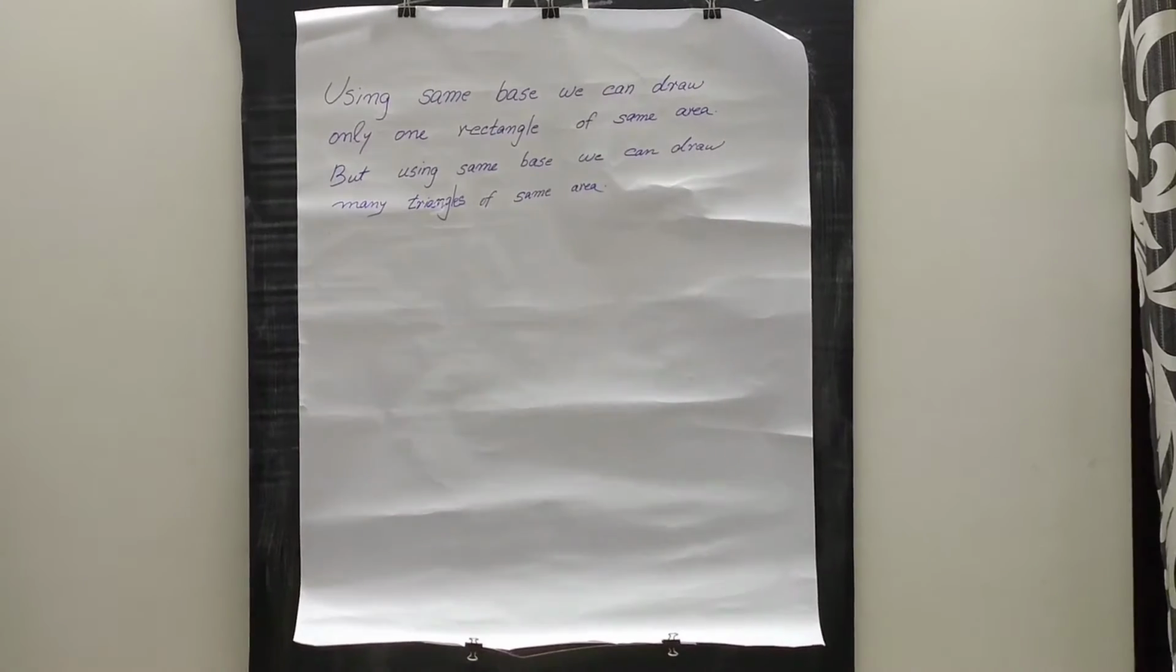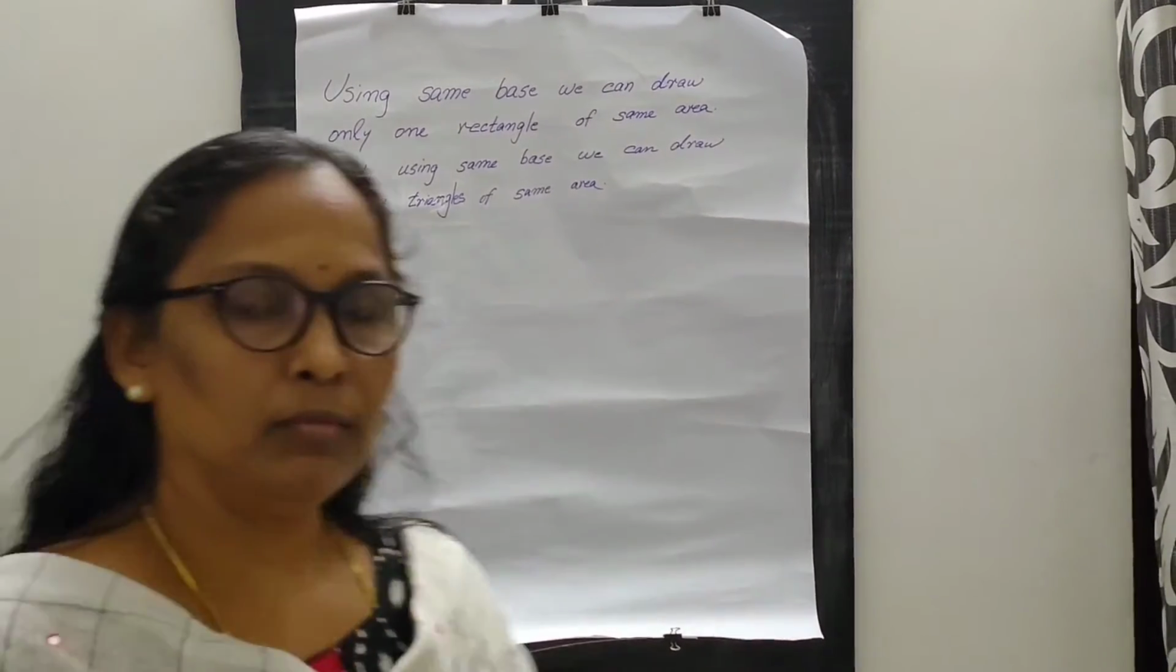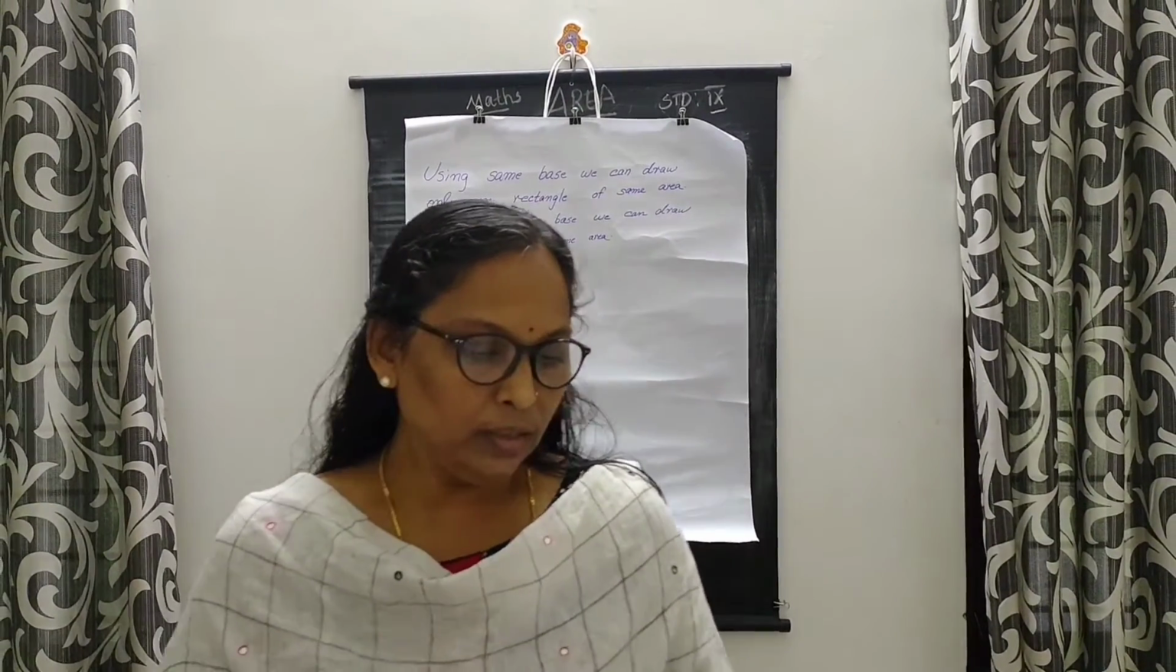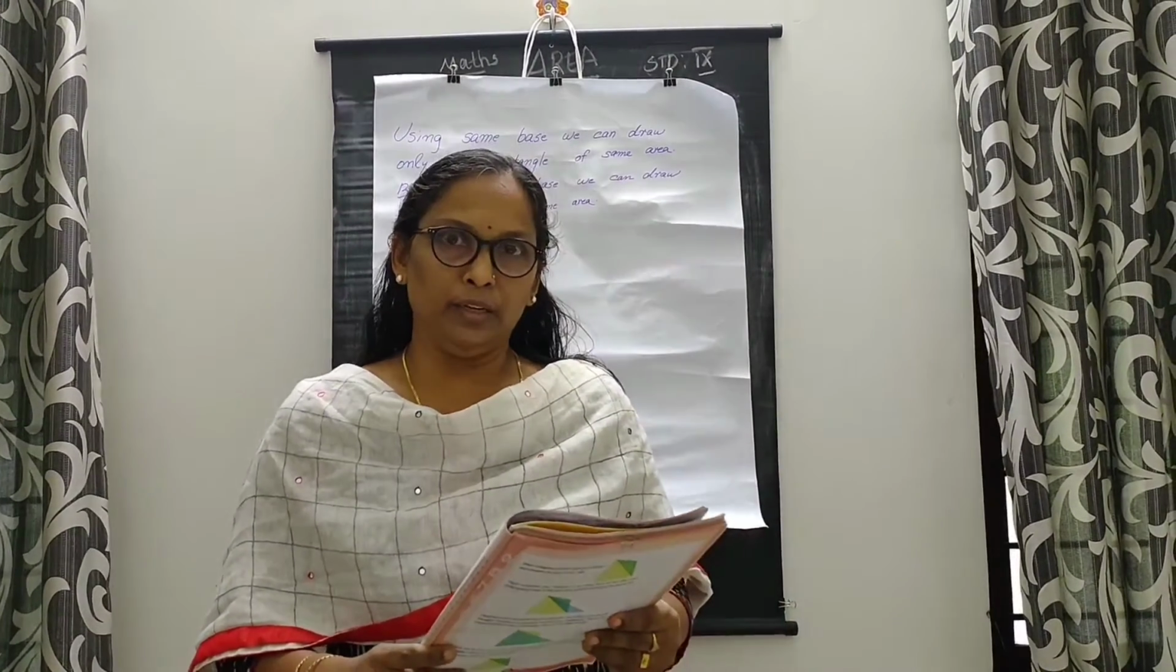Yesterday I had given one home assignment, that is, draw triangles with the given measures. The first one: sides 8, 6 and the area 12 square centimeter. Using these measures we can draw only one triangle,